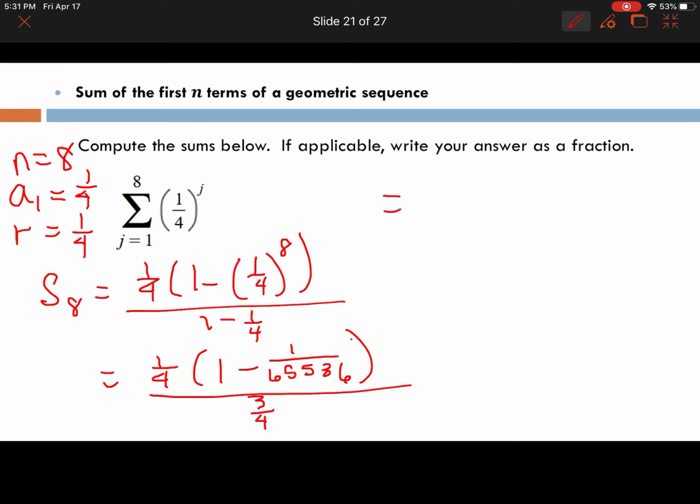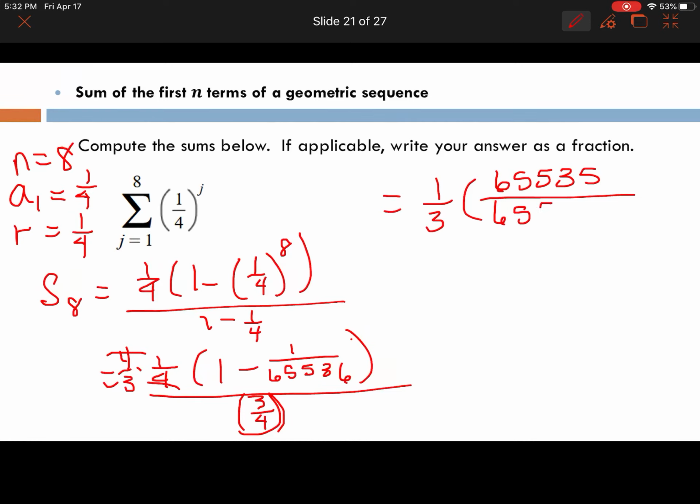So while I'm at it, we might just as well invert this and multiply it by, dividing by 3/4 is the same as multiplying by 4/3. And these 4's will cancel, and now I just have a 1/3. And then 1 is going to be 65,536 over 65,536. And so when I subtract that, it will be 65,535